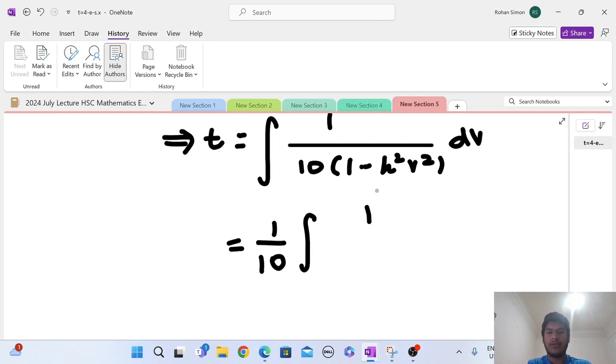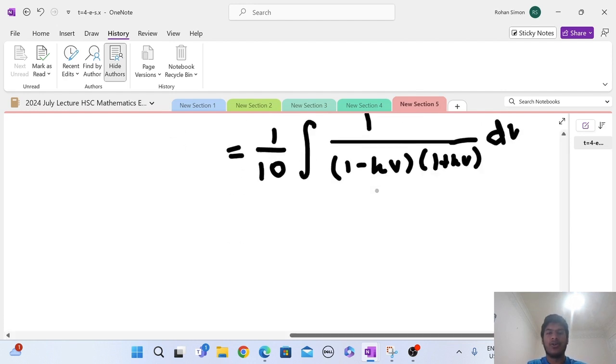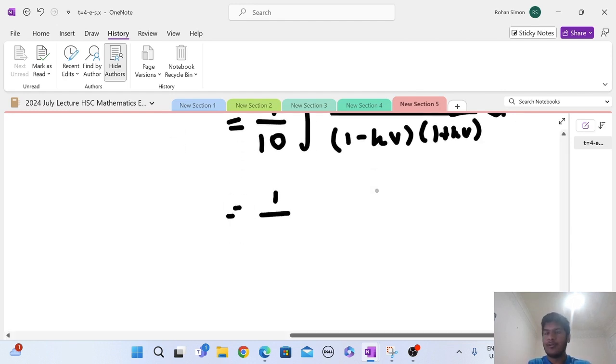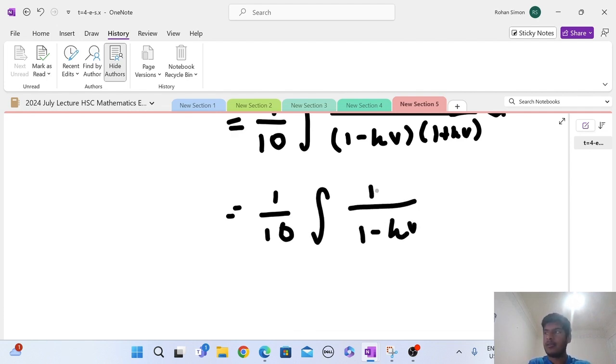So we get 1 over (1 minus kv)(1 plus kv), and using partial fractions, that equals 1 over 10 integral of 1 over 1 minus kv plus 1 over 1 plus kv